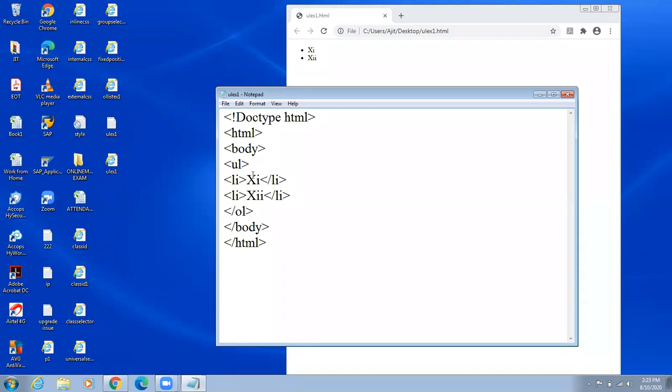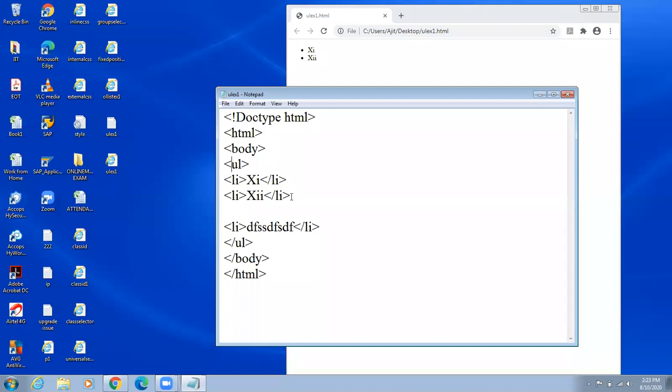Okay, in this way you can write your program. If you want to add more list items, again start li, write your list item here and close li tag. Okay, and here close ul tag. Got it? In this way you can design your unordered list.